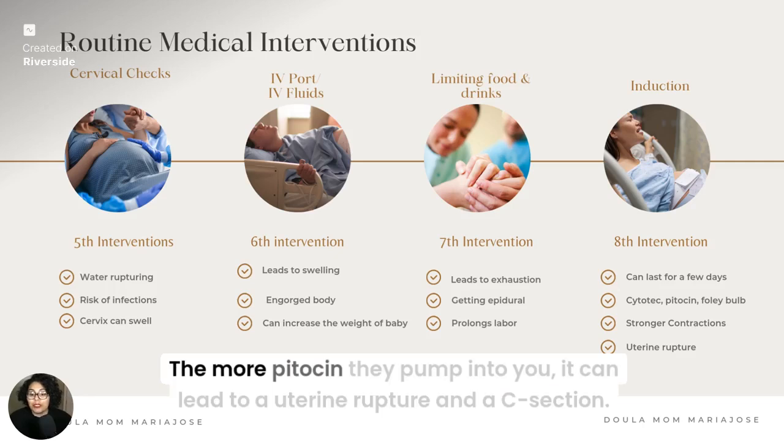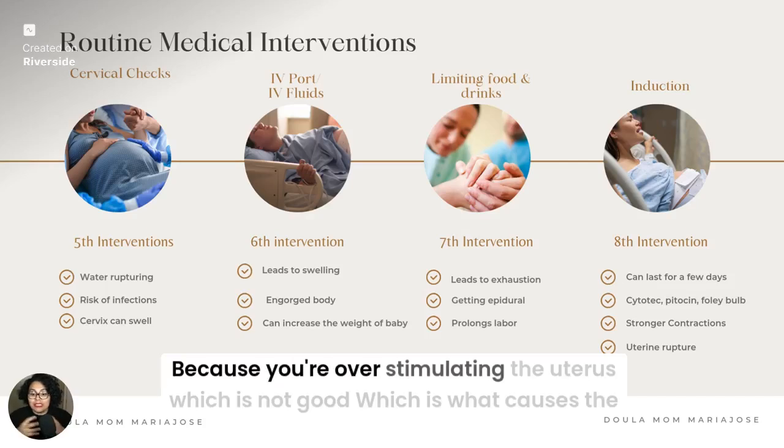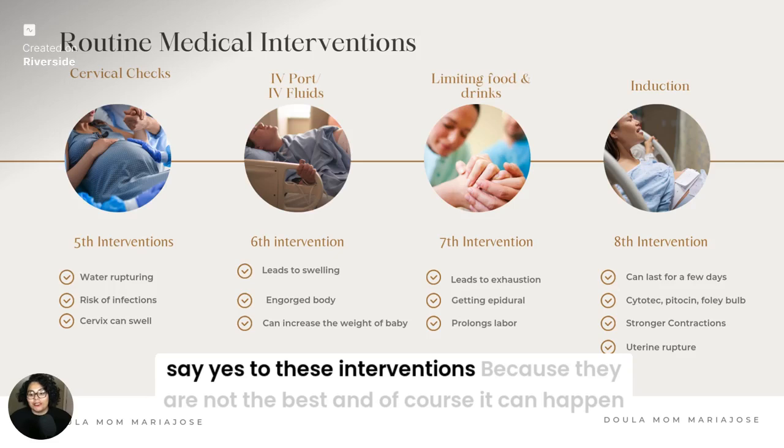So the more Pitocin they pump into you, it can lead to a uterine rupture and a C-section because you're overstimulating the uterus, which is not good, which is what causes the baby to go into distress and can lead to a C-section. So you want to be mindful when you say yes to these interventions, because they are not